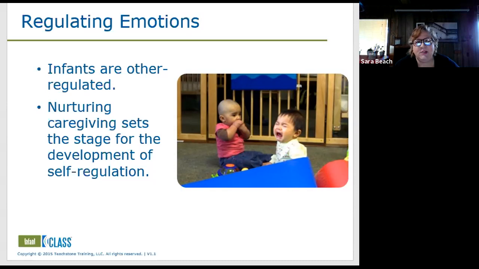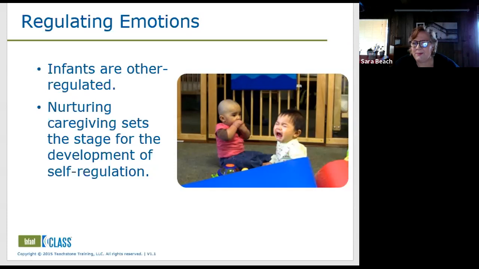When we talk about toddlers having temper tantrums and preschoolers throwing themselves on the floor having tantrums, that's when they become dysregulated. But from early on, we are giving them, through everyday experiences, more and more practice with pulling it together and coping with stress. But at this age, we have to do it for them. They get upset, they're not going to calm down unless we intervene. Okay, so the nurturing caregiving is what sets the stage for their ability to self-regulate.